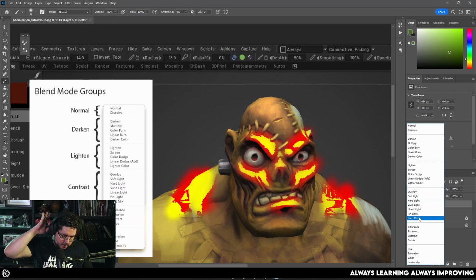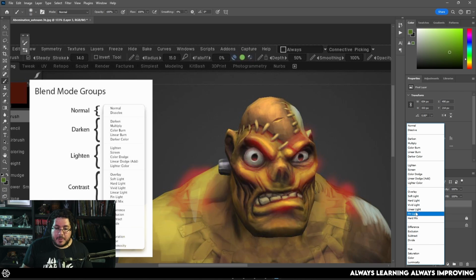Hard mix, again, as with all of the other final layers of the other sections, will give you a slightly different effect right there, which I don't use a lot, or never actually. So yeah, pin light will do an effect where it works a little bit more with the shadows, so from 50% gray and lower, and linear light is from 50% gray and lighter. Okay, those are the areas where you're going to be affecting things.